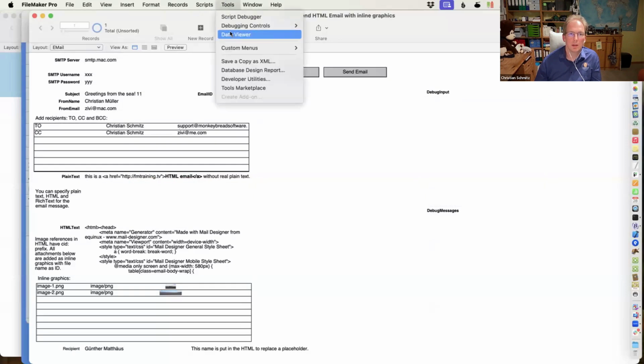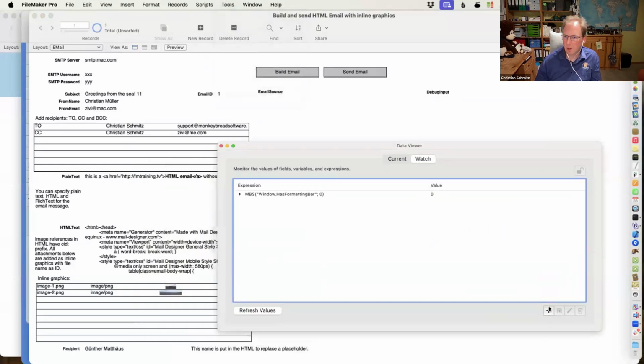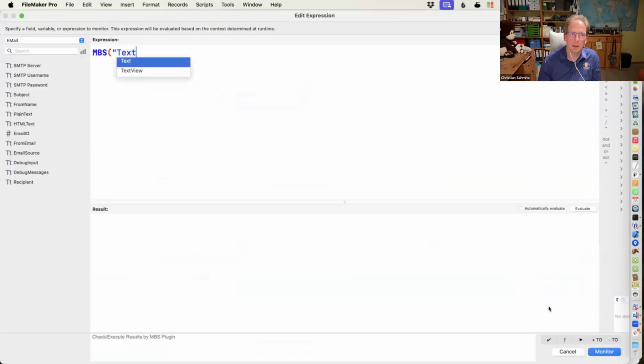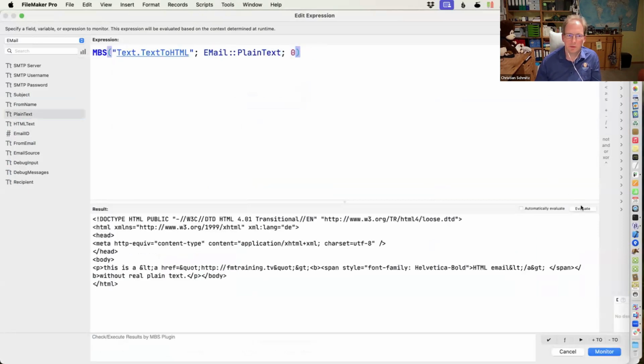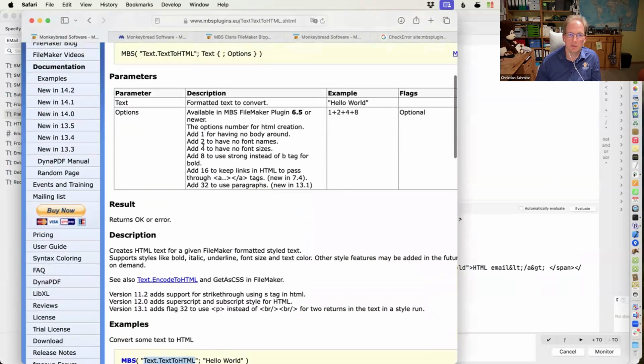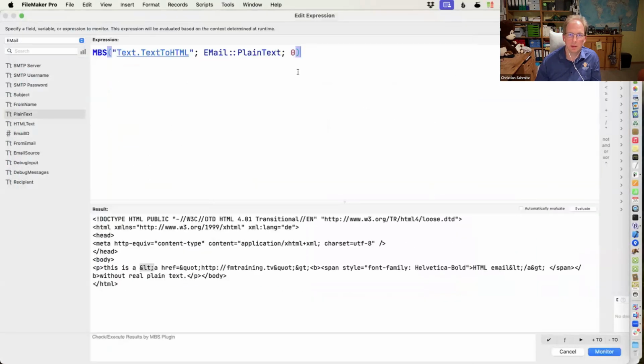And now I could say to the plugin, text to HTML. My text is in the plain text field. Let's just start with default, and you see here this got encoded, and we don't want that. So going back to the documentation to find the magic number, add 16. And now the link got passed through.